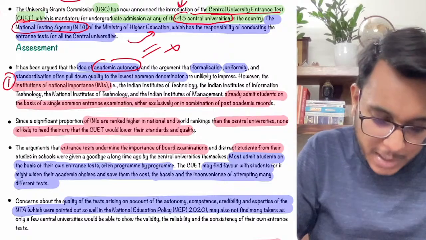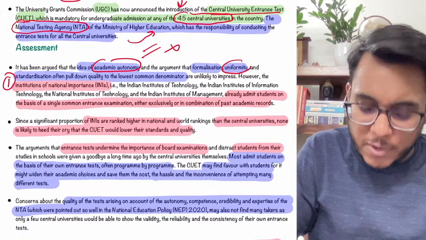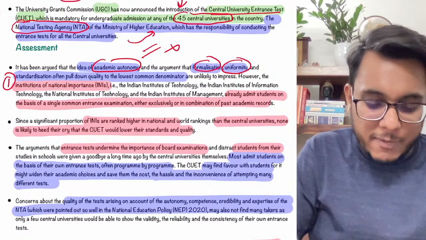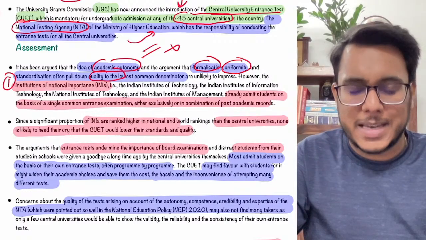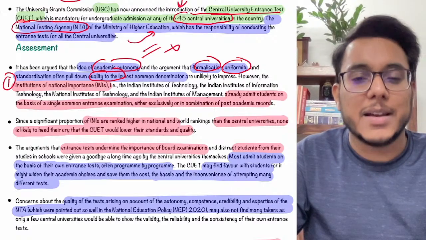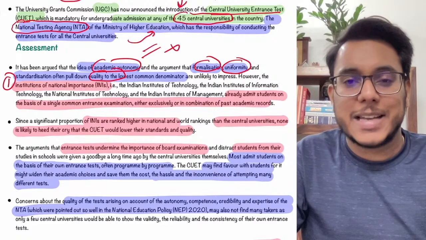They say that this type of uniformity or formalization will bring down the quality of education at the lower level. Such uniformity is not needed. Now this particular article had said that such kind of